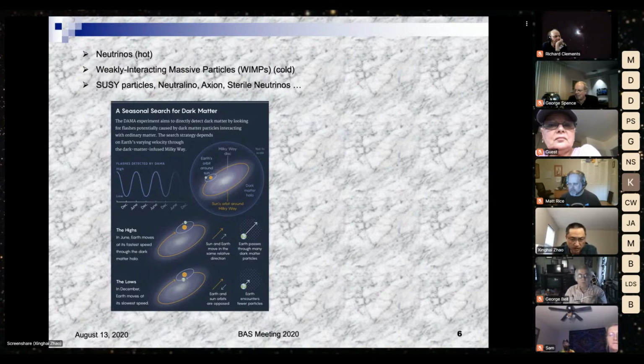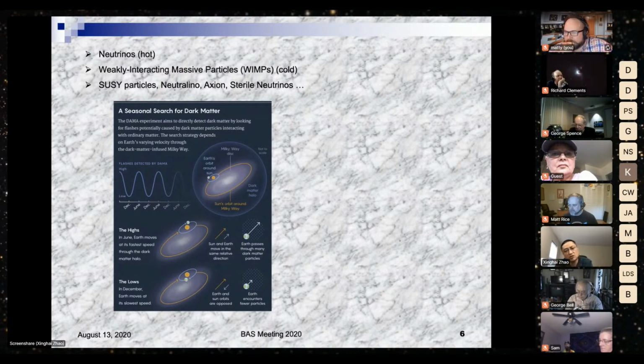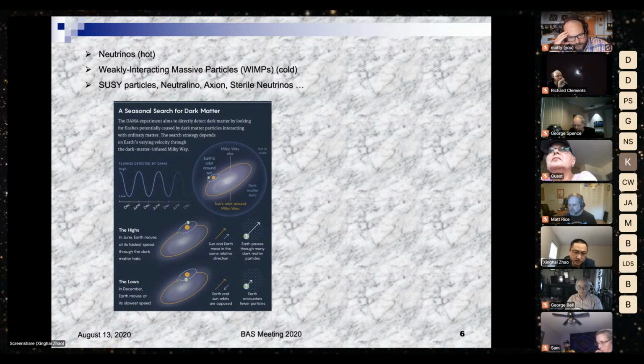That's for the Earth traveling in the same direction as our sun. And then at other times, when they are traveling in the opposite direction, your car is driving slower, so fewer raindrops hit your windshield, and you have fewer events where normal matter interacts with dark matter. So use this principle. If somehow you can observe, every year, that you detect some signal that is presumably the interaction between the dark matter and the normal matter, and certain times of the year you have more detection and certain times of the year you have lower interaction, that is called modulation. That means we may be traveling through the dark matter distribution in the disk, and we may actually detect something due to this